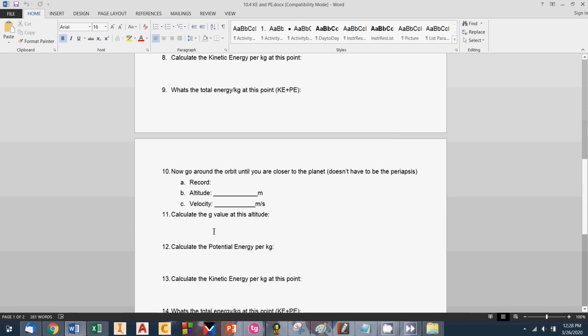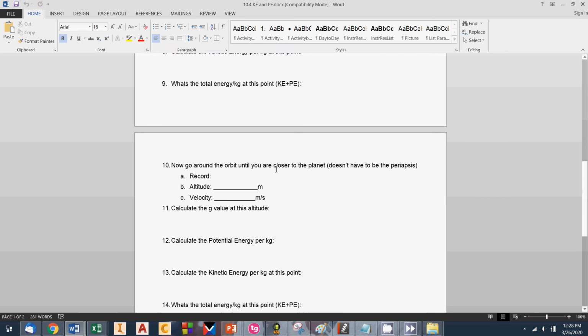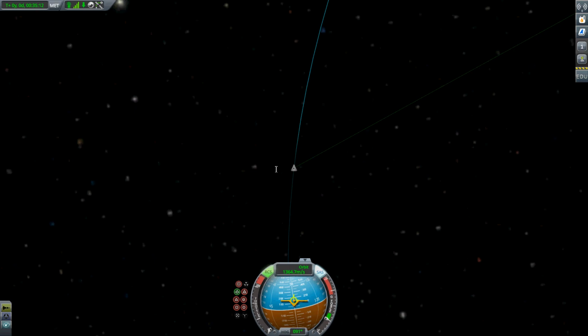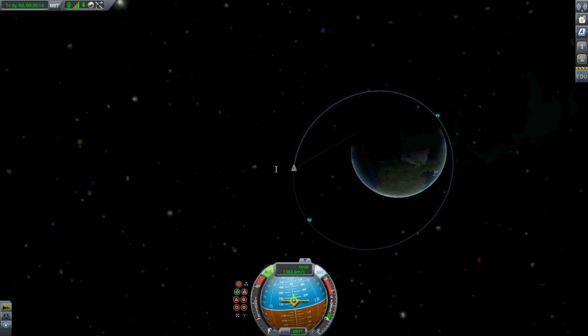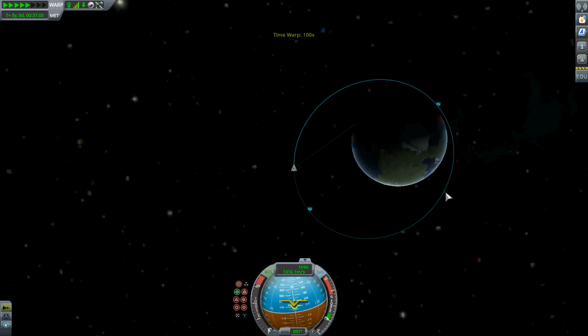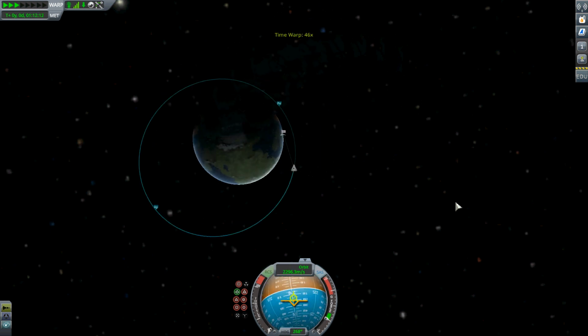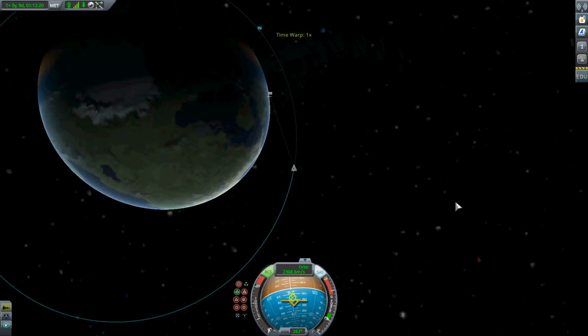Now it says go in orbit until you're closer to the planet. And we're going to calculate some values at this point. So, again, we're going to fast forward some. We'll go over here, say. Looks pretty good. All right. And at this point,